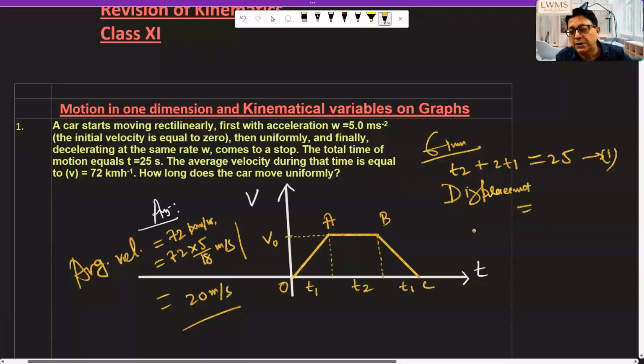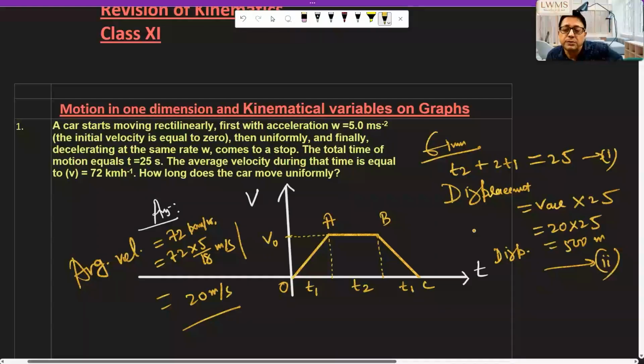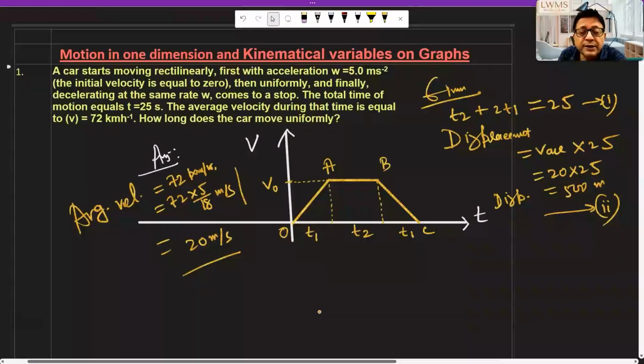Displacement is V average into time. Time is 25. This is 500 meter. So displacement is 500 meter. Number 2: do you have any way to get displacement from the graph? Of course. Here